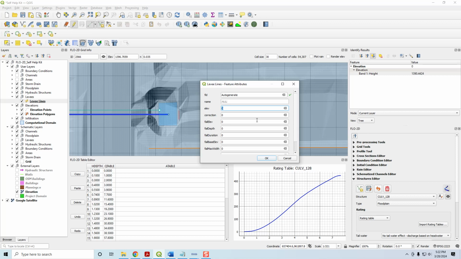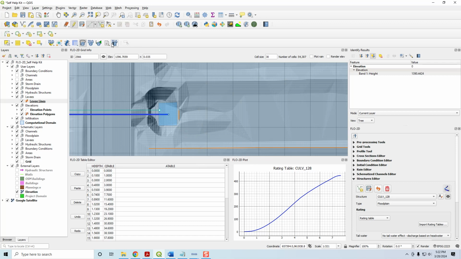So the elevation of this will be set to the crest elevation of the weir, and that should be 1396.5, I believe, if I'm not mistaken, and I don't have any failure. So let's get this ID tool again on our elevation data, and let's kind of click these guys, 1396.5. Okay, and then over here we need this